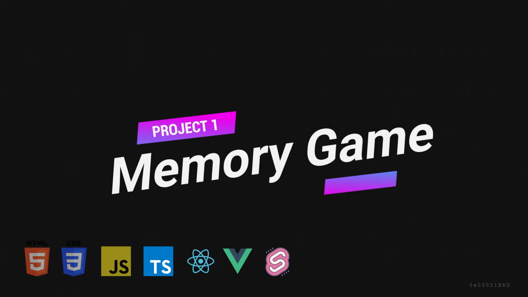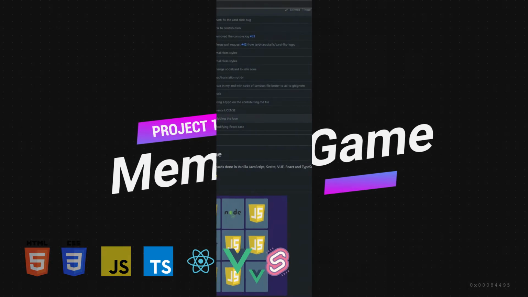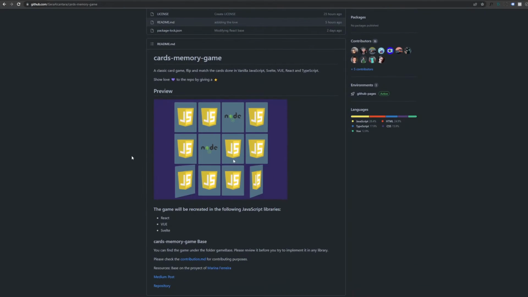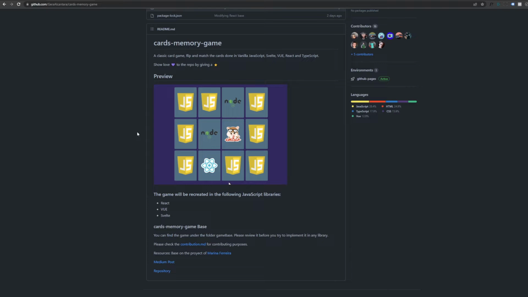First up is this awesome little card game that many of you will know as Pairs or Memory. The awesome thing about this project is that I often find building games while you're learning really helps to solidify and push the boundaries of your knowledge. And in this project, the game is being created in several different flavors such as vanilla JavaScript, Svelte and React, so there are plenty of opportunities.